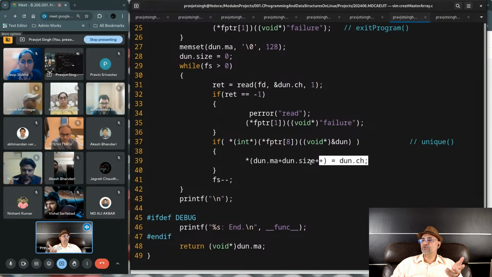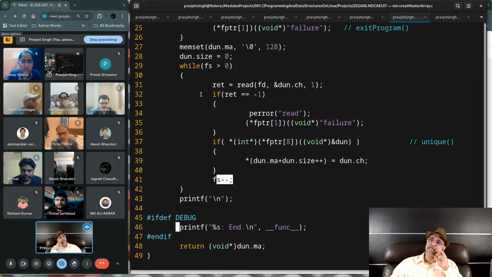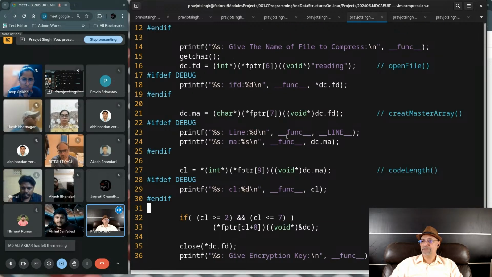If it is unique, you store it in the master array. If it is not unique, you skip it. And the file size keeps on decrementing. You go through the whole input file, and finally you have the master array ready, and you return the master array back. The return to master array comes here